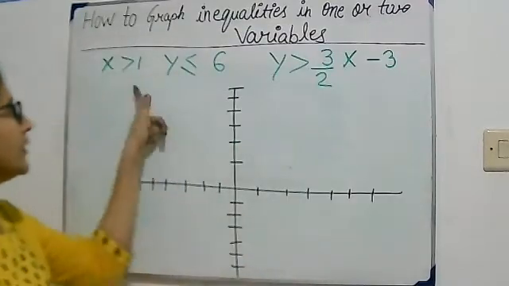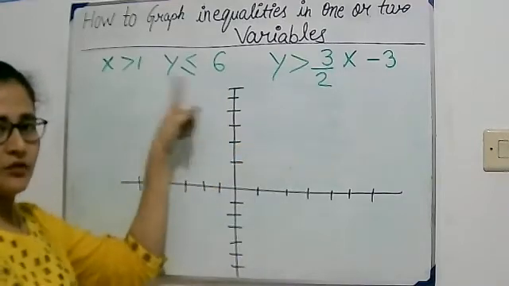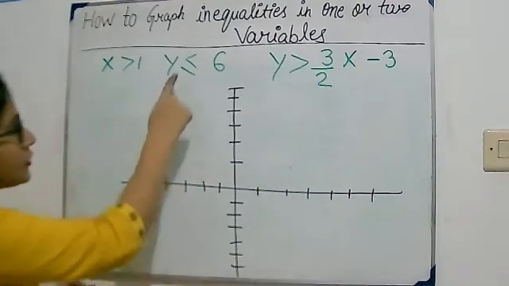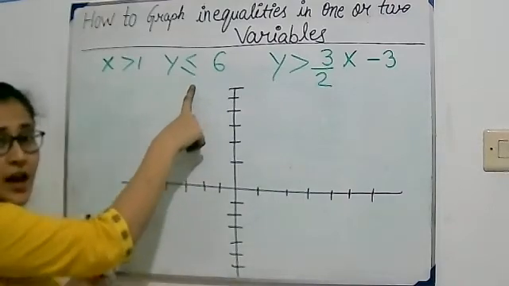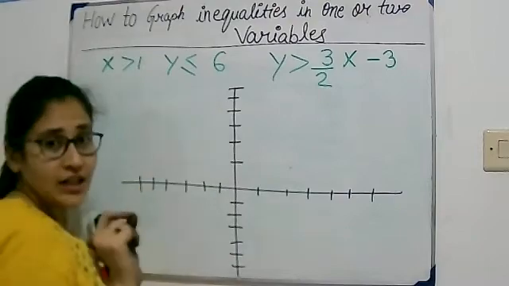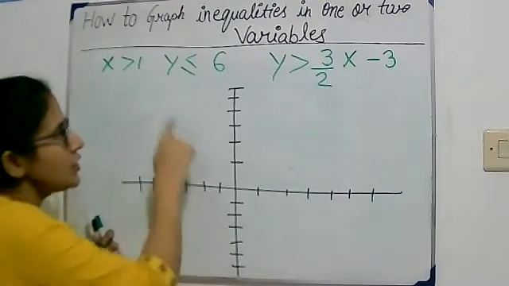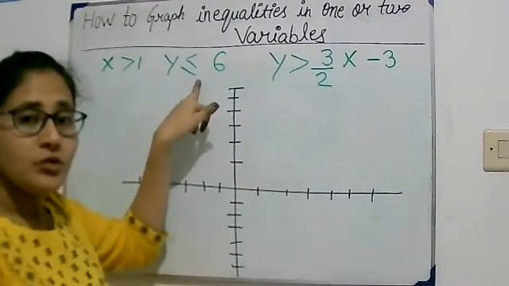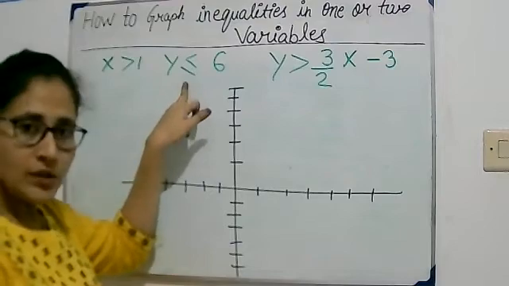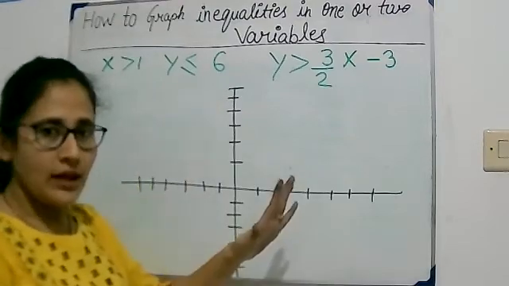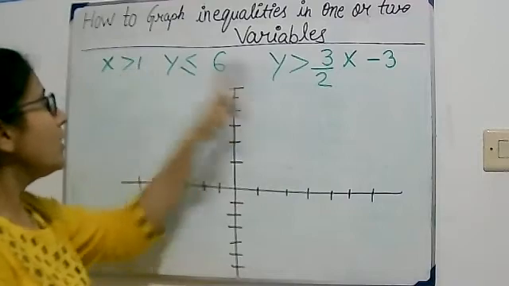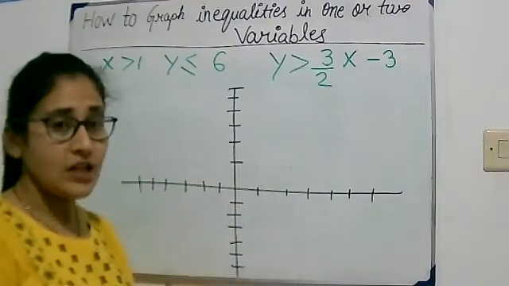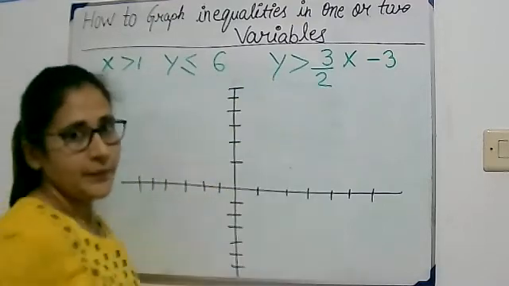Let's see here. Three inequalities are here. We have to find common range. And please be careful. When there is not equal to sign, we have to use dashed line. I think in previous question I used solid line, but please remember when we have to draw an inequality with equal to sign, that time line will be solid line. Otherwise, if there is no equal to sign, the line will be dash line.